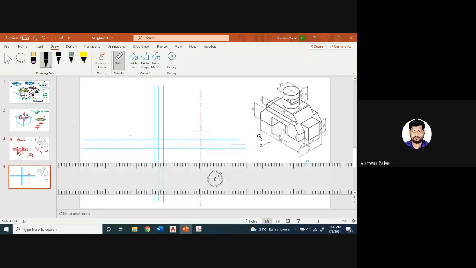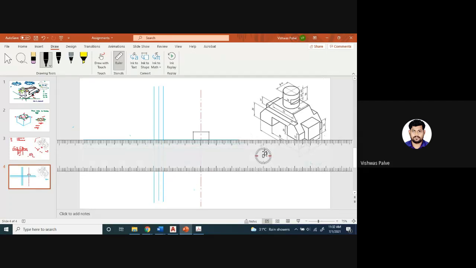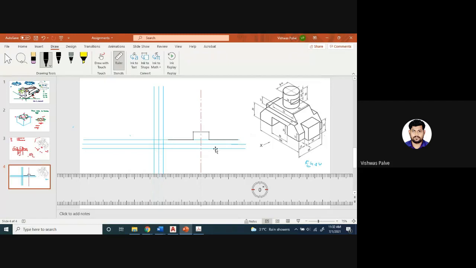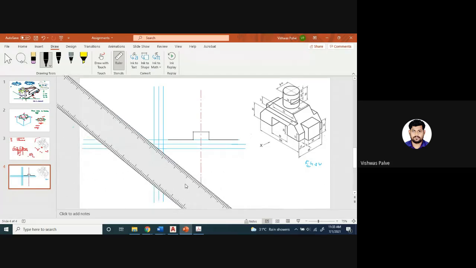Now next is I want to draw this 100 millimeter line. So what will be the total distance is 100 millimeter. So I will leave 10 millimeter on the right side, 10 millimeter on the left side, and I will complete this part. Okay, so horizontal line from here, horizontal line from here. So the total distance is 100 millimeter, and you will get 10 millimeter space here because this is the vertical line you will get here. Okay, so now after that I will draw a vertical line. How much is that distance? 15 millimeter. So 15 millimeter vertical line you have to draw.